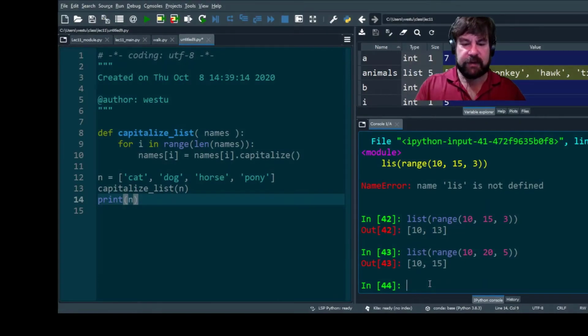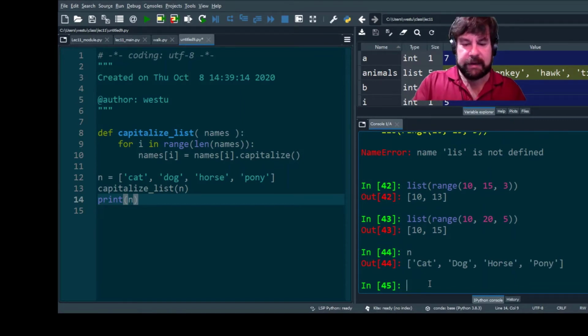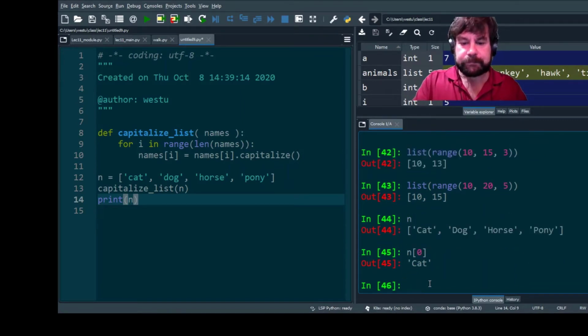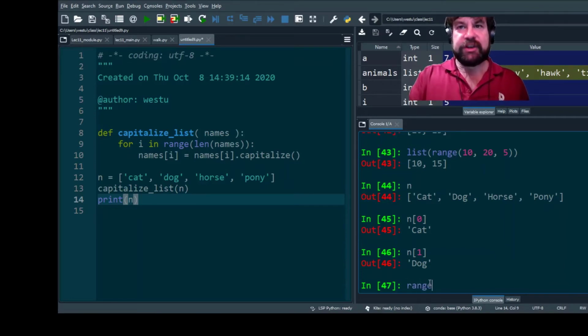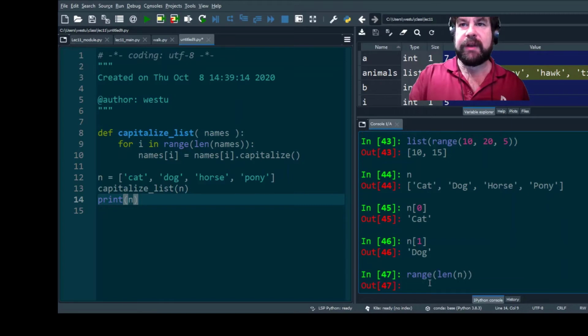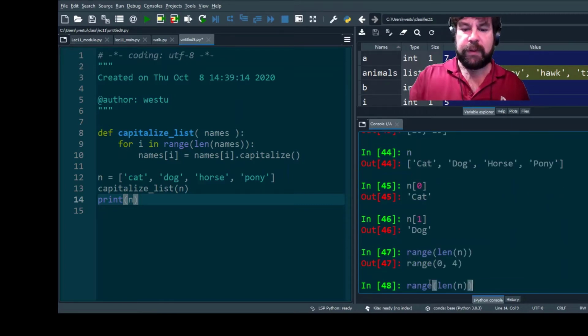So in other words, instead of just going n sub 0, n sub 1, can we actually pull out, for example, cat and horse, or cat and pony, or dog and pony, or dog, horse, pony? Can we actually apply other operations, akin to a range, that would give us those indices? And, you can see doing a range, for example, if the length of that list is 4, right, we could say if we wanted to generate all the indices, we could do range length of n, and that will generate the numbers from 0 through 3